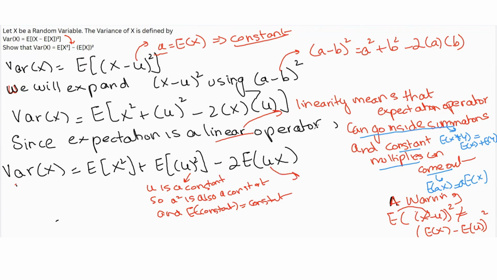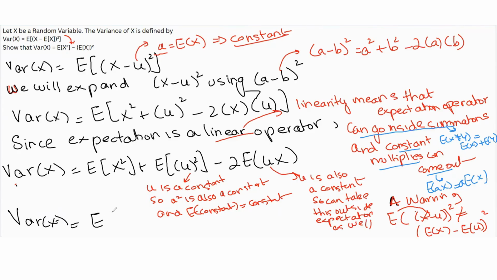Here also we have a mu. Like we said, mu is also a constant, right? Like 2, mu is also a constant, and we know expectation is a linear operator, and any constant multiples can come outside. Just like the 2 we brought outside of expectation, we can do the same with mu. So we can take this outside expectation as well, like 2. So if I do that, then this will become variance of x is equal to expected value